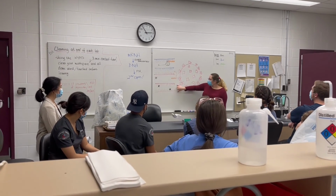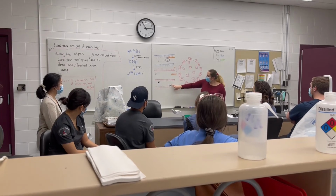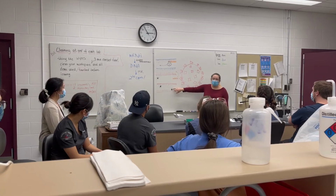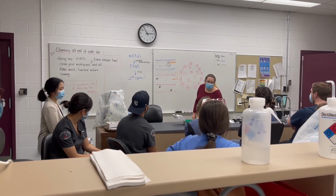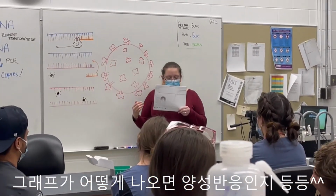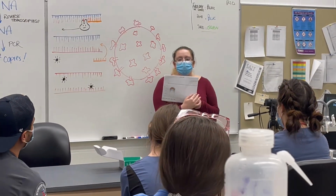With these DNAs, there's also fluorescence probes that will be attached to it. This is how we detect it, through fluorescence. And that detection will come out in the form of a graph. So here's just a quick graph. This has all of the positives on it. So these are mostly just